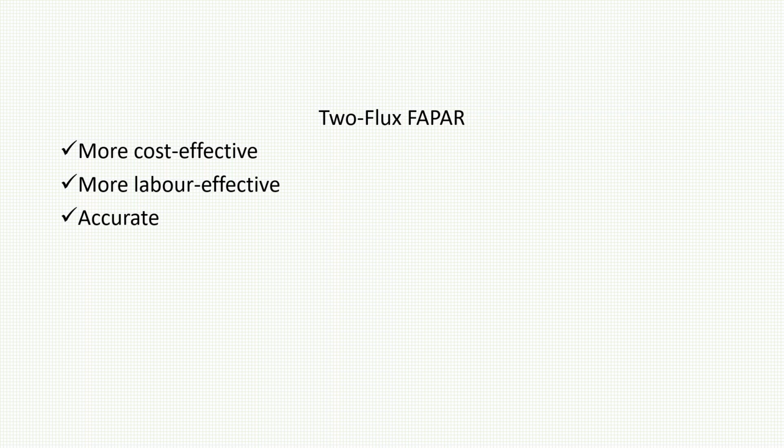To recap, this analysis found that 2-flux FA-PAR, the cheaper, more efficient alternative to 6-flux FA-PAR, measures the metric accurately. In addition, it found that temperature and precipitation do not affect the accuracy of 2-flux, but solar angle, on the